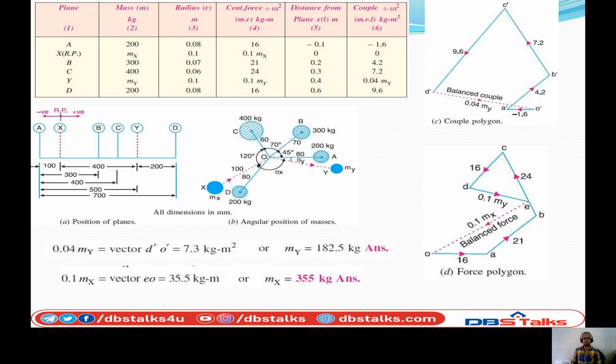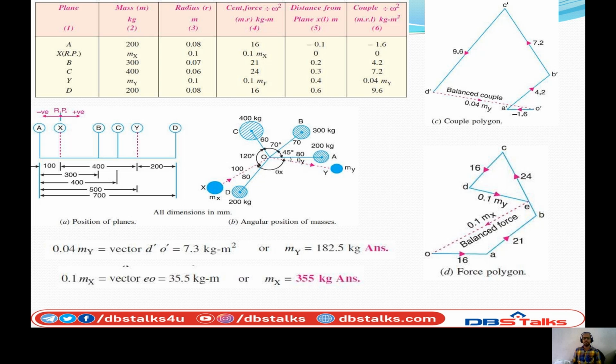So next 4.2, 4.2. What is the angle? 45 degrees. So we can directly change up to 45. And after that it is 7.2 with angle 70 degrees. After that 120 degrees with the value 0.96. Then finally, the value to be found out, that is 0.04 m by, only that value